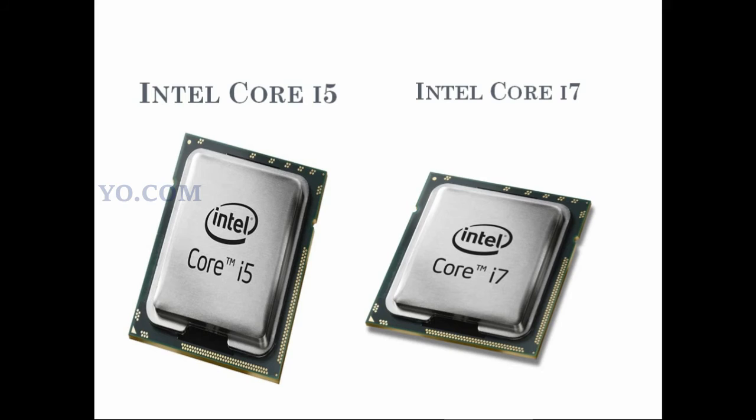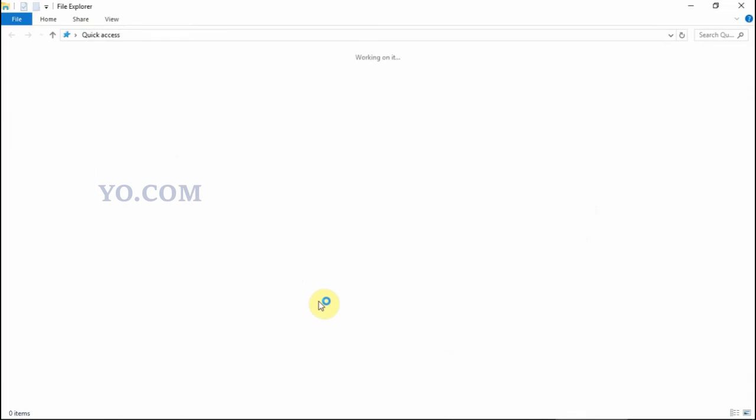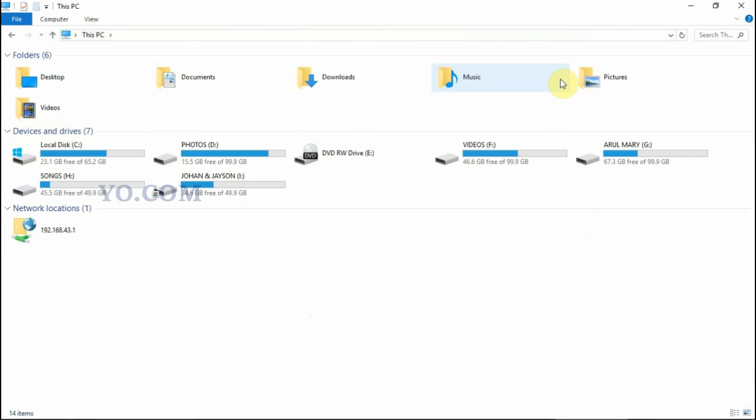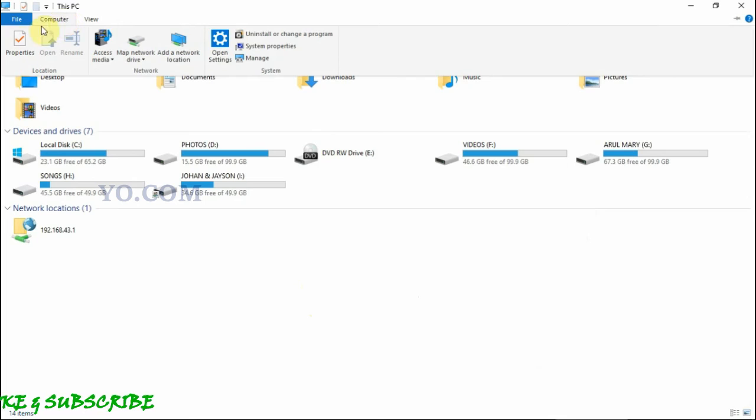Here I am going to show how to check the processor in your laptop. First you have to open My Computer; in some OS it looks like This PC. If you are using Windows XP or Windows 7, right click on My Computer and select Properties.